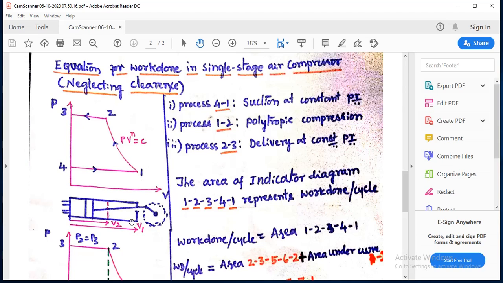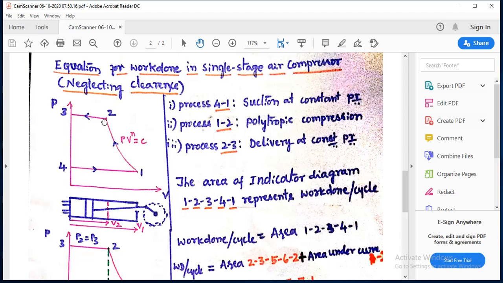See here, from here to here, the piston has traveled so that the pressure is raised from the initial pressure to the delivery pressure. The remaining movement of the piston, from here to here, will push the high pressure air to the receiver. So this is called the delivery.